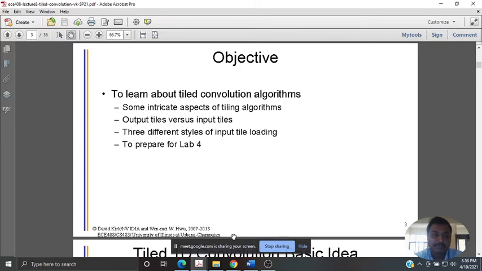So even matrix multiplications. We'll be looking at the intricate aspects of tiling: output tiles versus input tiles. How many elements are in the input tile, how many output elements, and how does the mask interact with the input tile so that it is able to produce output tiles? In that, how many elements are used? How do I enhance the number of reused elements, and hence, by reducing the memory access, the efficiency of the entire computation is enhanced. Okay.